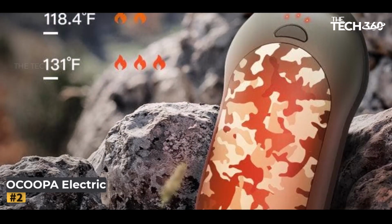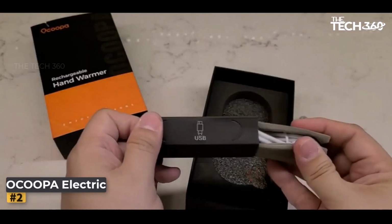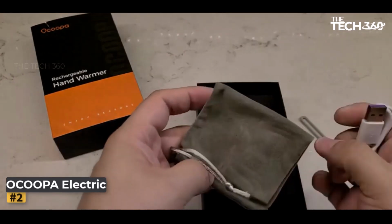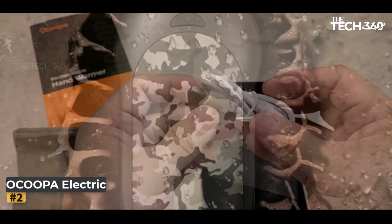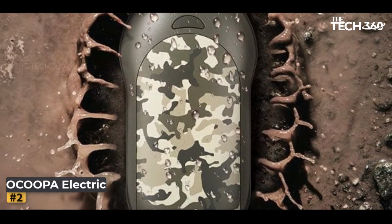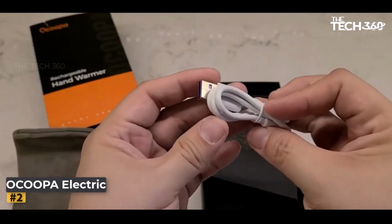One of the standout features of this hand warmer is its quick charging time. Within a mere 4 hours, it reaches full battery capacity, ready to provide you with hours of warmth. Not only that, but this versatile device goes beyond hand warming capabilities. It can also charge your phone. With Akupa's hand warmer by your side, you won't have to worry about your phone running out of battery during